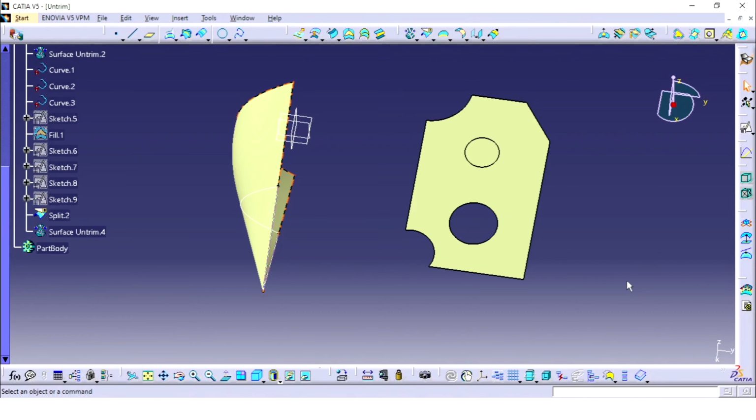So be careful about that before applying the untrim command. The untrim command is a simple but powerful tool in CATIA V5 Generative Shape Design. It helps designers to quickly recover original shapes without rebuilding geometry manually, saving both time and effort in complex surface